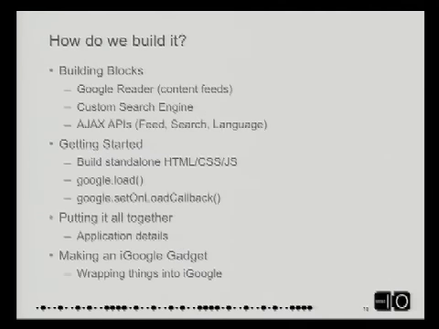All right. So how do we build it? The building blocks: we started with Google Reader. The concept was born out of the fact that we kept tabs on all these blogs inside of Google Reader, and we could use the feeds that it generates that are aggregates of the real blog entries underneath. The custom search engine came about because we wanted to do blog search, but over lots of blogs, and we got to a point where it wasn't feasible performance-wise to do that.